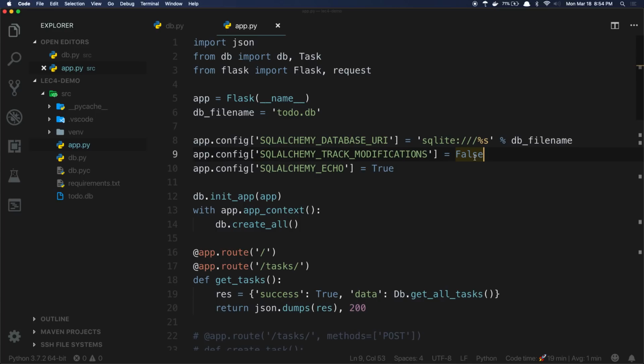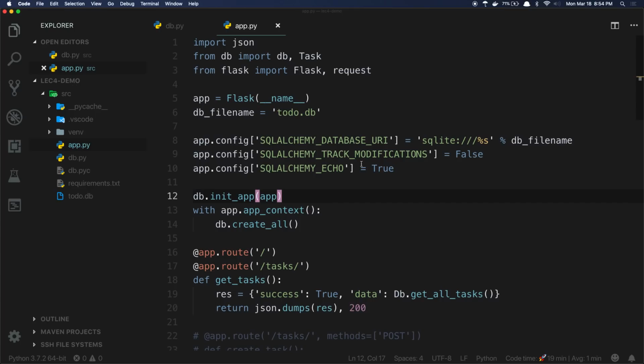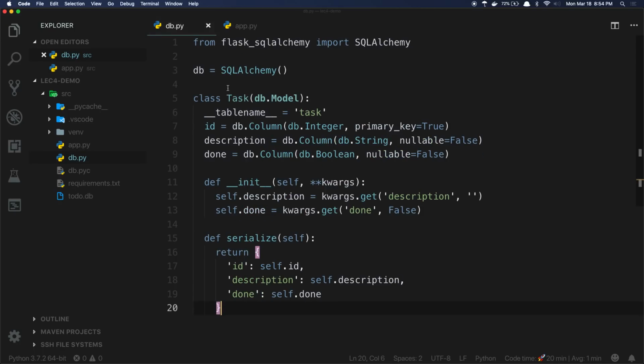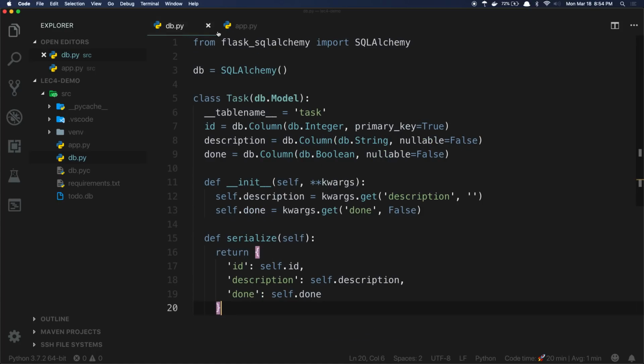These are just some debugging options, so you don't really need to worry about this. And then how we tell SQLAlchemy that this is our Flask app, we just do this db.init_app and then this db.create_all statement. So reminder that db refers to the SQLAlchemy object. This create_all is basically just an initialization of creating all of the models that we specified. So in this case, it would just create a task